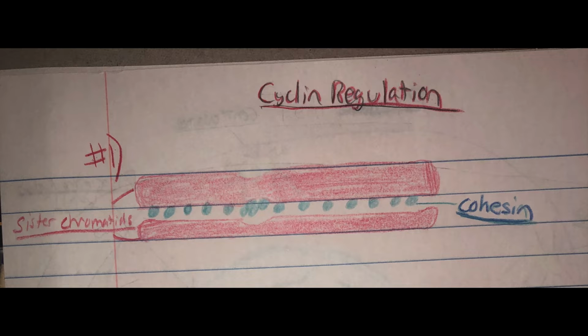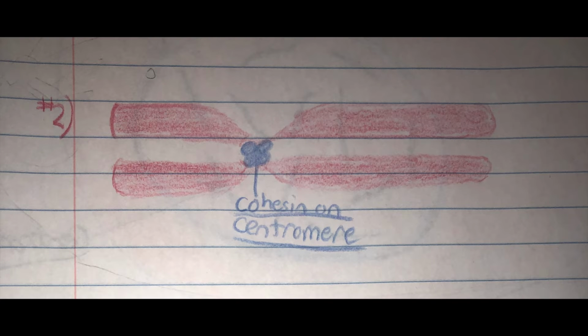There are going to be pictures of all this right here. The first step has all of it together. The second step has it mostly removed, except for the cohesin on the centromere. And the last step is after metaphase, where a complex of cyclin CDK activates the APC, which then activates separase, and the separase is what gets the rest of the cohesin off the centromere and allows the two chromosomes to split apart and then allow the next